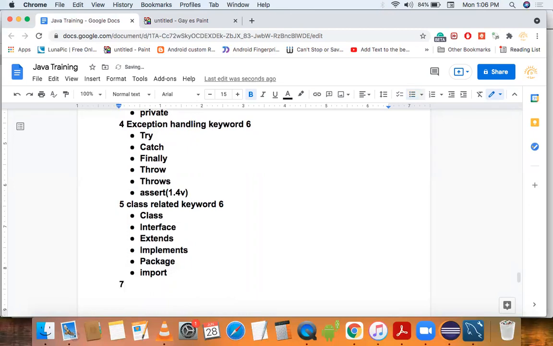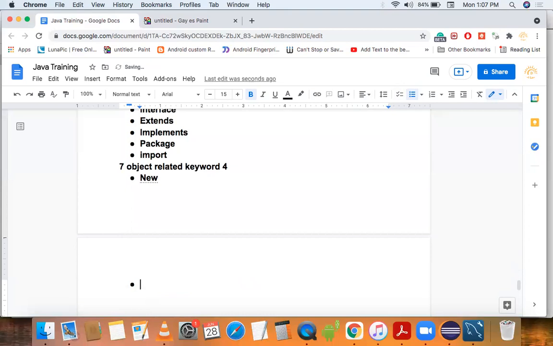Seventh one is object related keywords. These are around four keywords. First one is new.